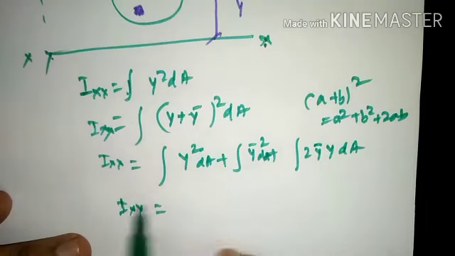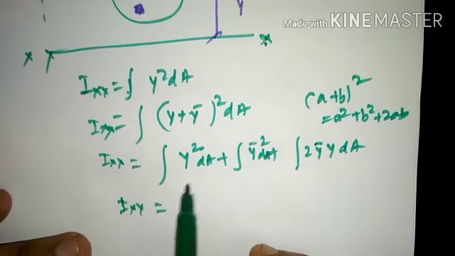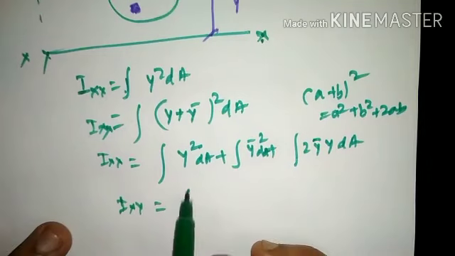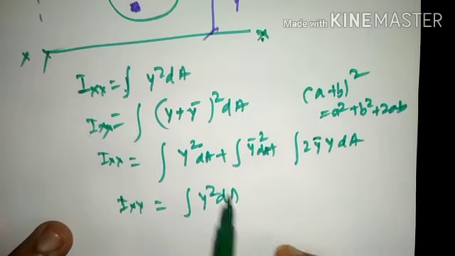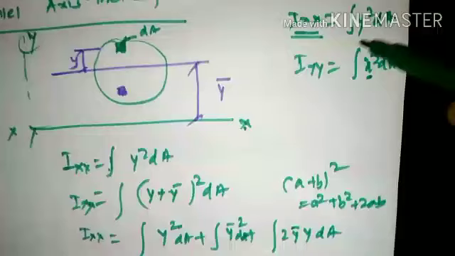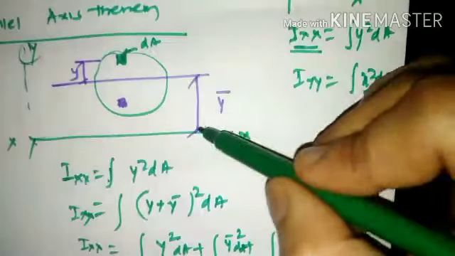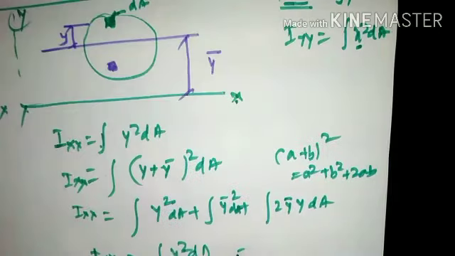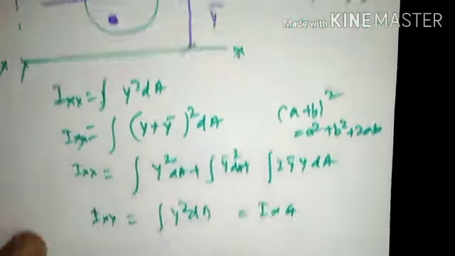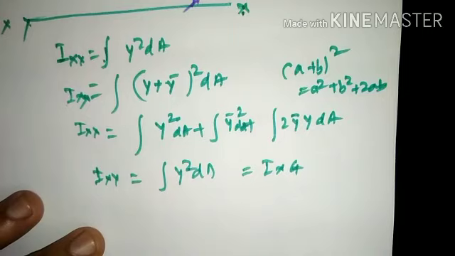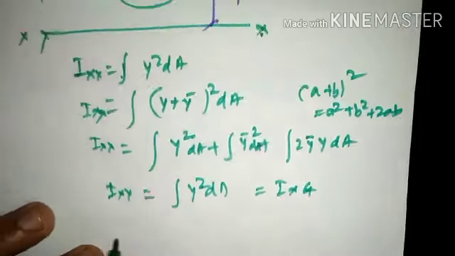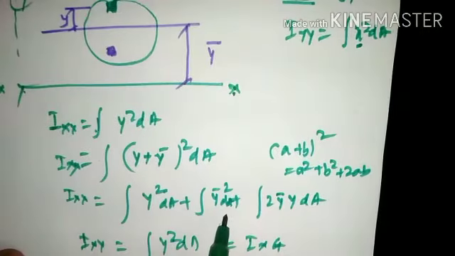I shall consider each and every independent term. So integration y square dA. Please refer back here, y square dA is nothing but Ixx. Now y square dA is nothing but the centroidal portion. So this will be called Ixg, that is the moment of inertia with respect to the centroidal line. Similarly, if I consider the second term here,